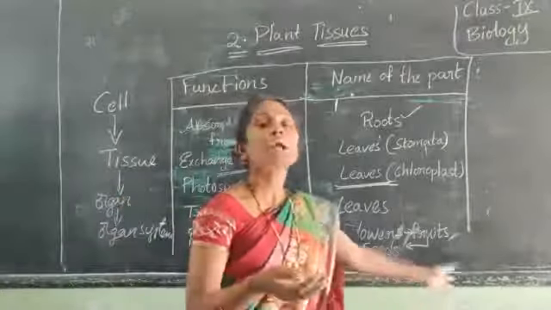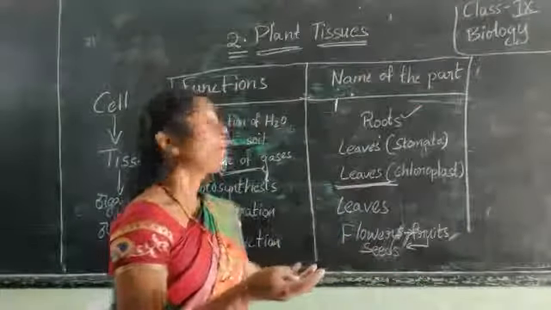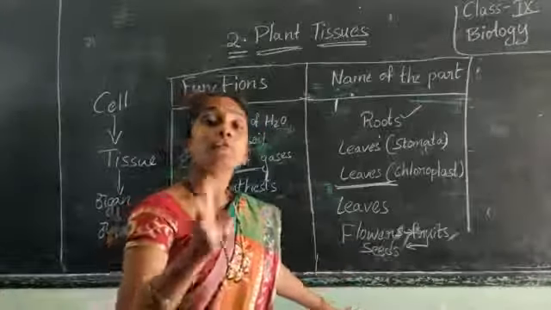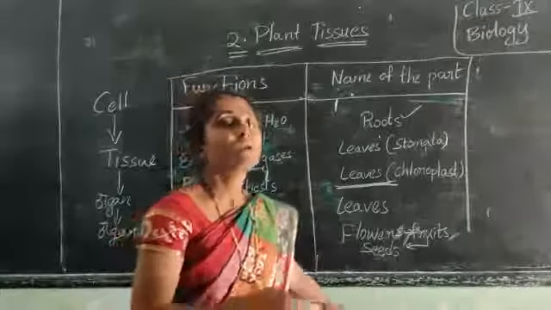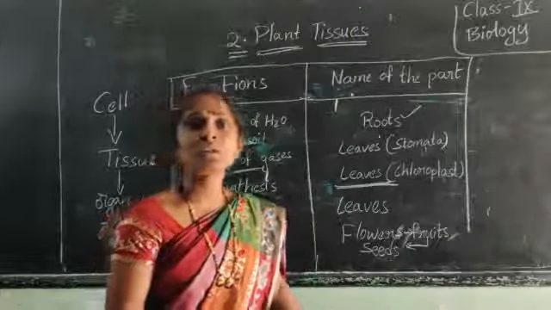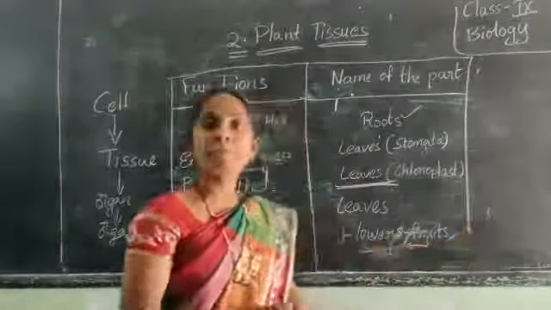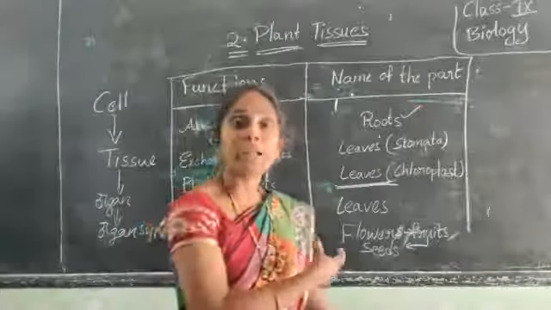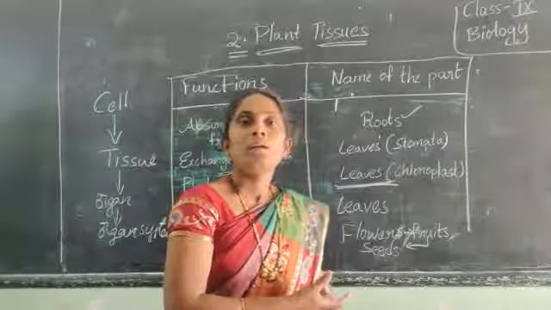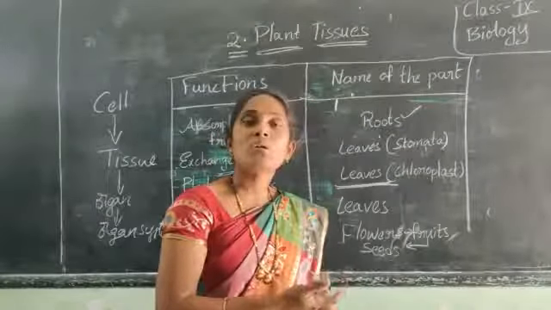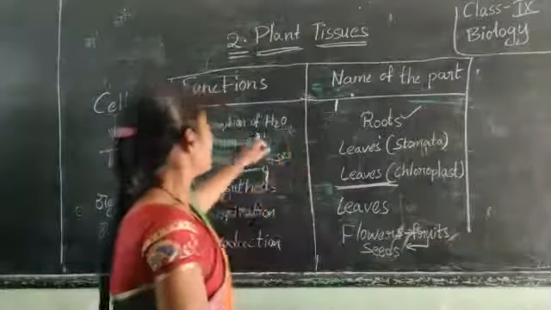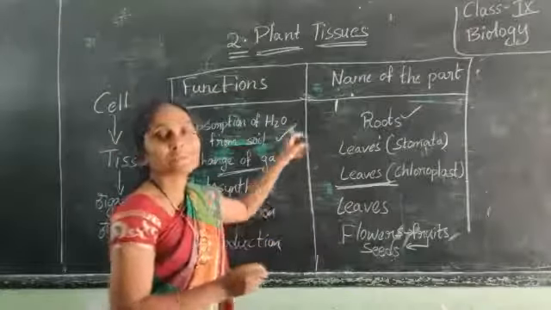So what parts of the plant are helpful for reproduction? That is flowers. These flowers will turn into a fruit and the fruit contains seeds. These seeds can produce new plants. Understood, children? All these are parts of the plant and they participate in different functions. How can they participate? Based on their different factors. Understood, children? Here, in case of absorption, room temperature plays a major role for